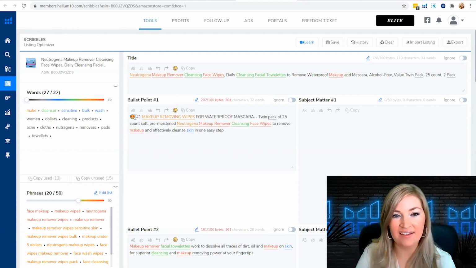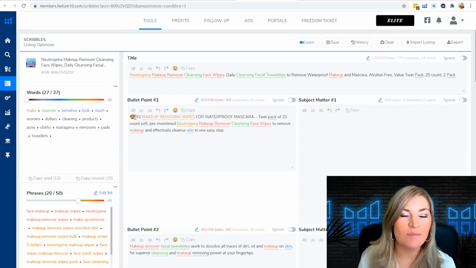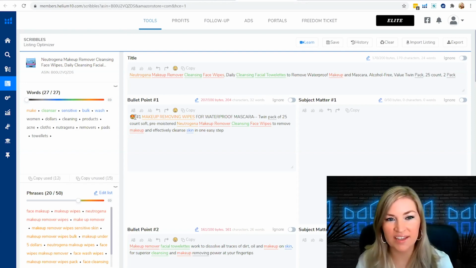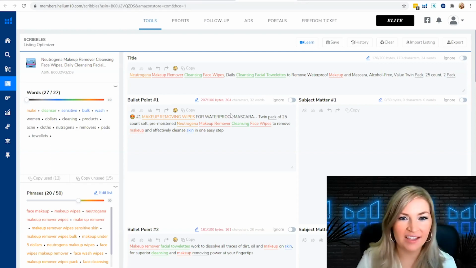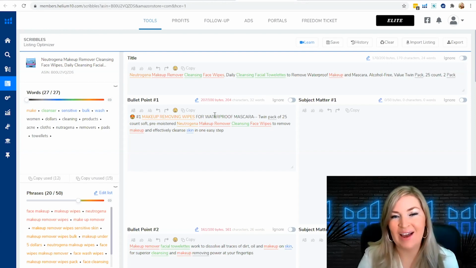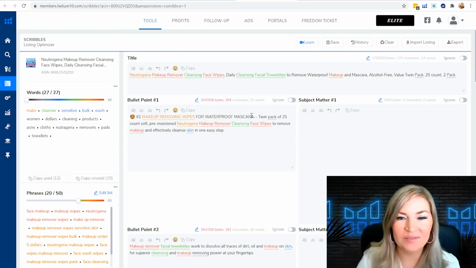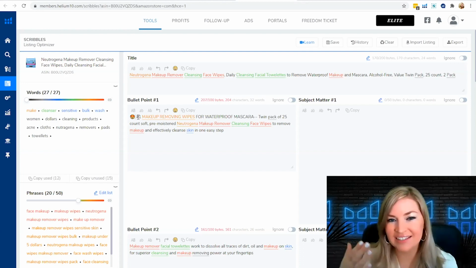For me, I found that I really like using emojis because it makes it more interesting to read. Most of us don't like to read a lot, right? We just want to get the idea really quickly and skim. So if I have my why taglines in all caps and I have an emoji, then it's interesting to look at, it's fast. And if I can show that same idea in an emoji, even better. I'm probably being too cutesy and trying to be witty, but like waterproof mascara, I'd have the heart eyes for eyes, just something to connect the thought with the visual, which I think is really powerful.